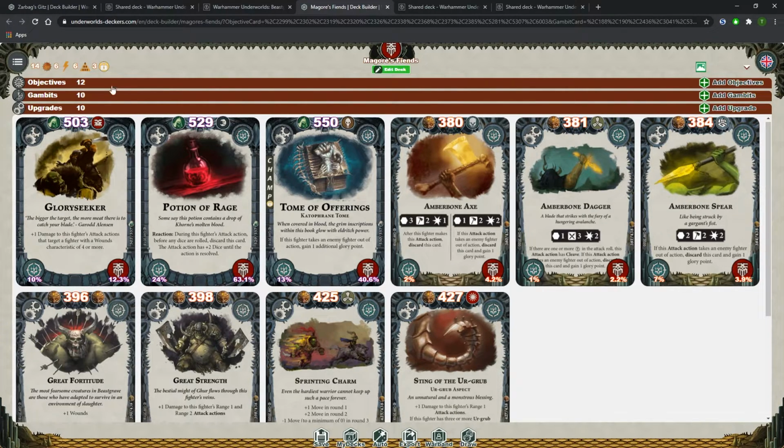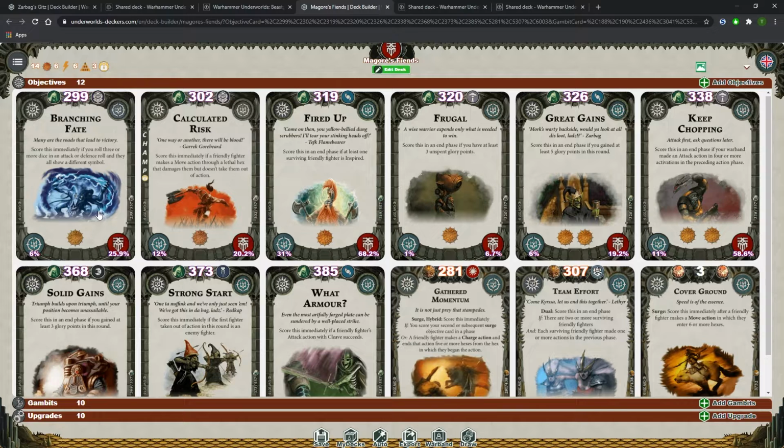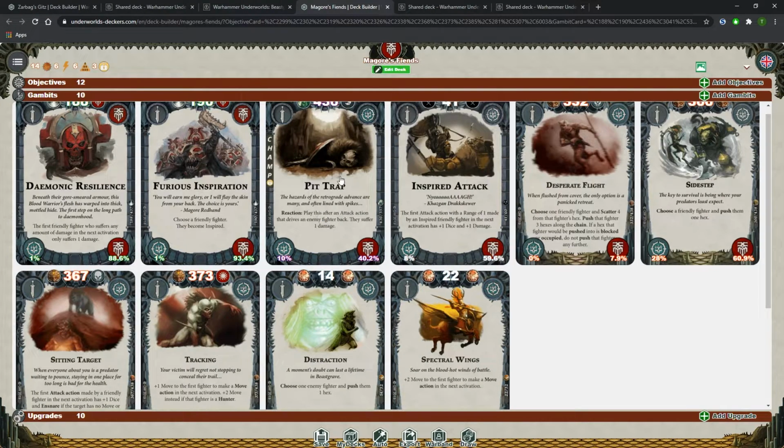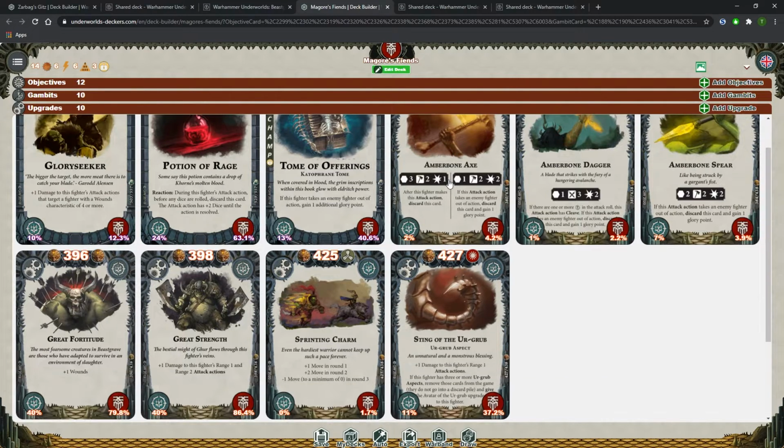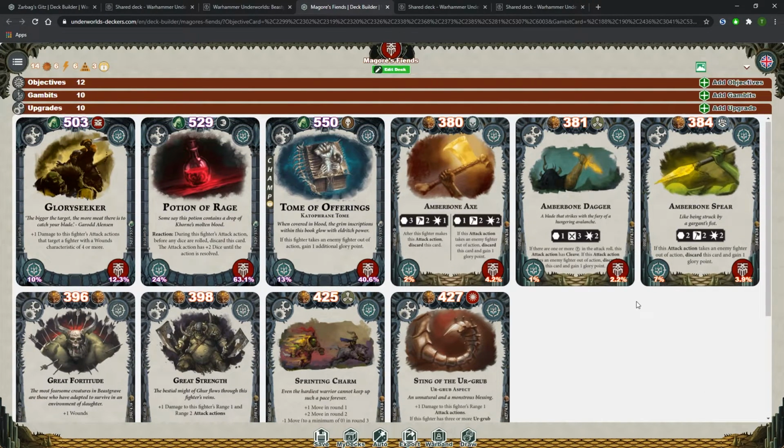So yeah, let's go through those changes again. Branching Fate for No Escape. Frugal for Keep Moving. I drop Pit Trap for Overkill. And then I would drop Amberbone Dagger for Victor's Speed. I drop Amberbone Axe for Blazing Soul. And that way you just have a lot of...